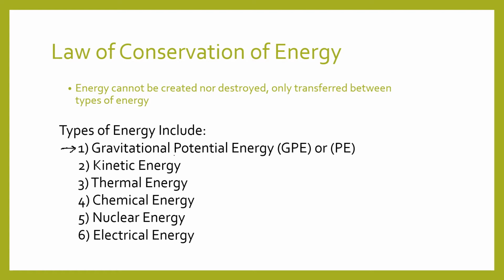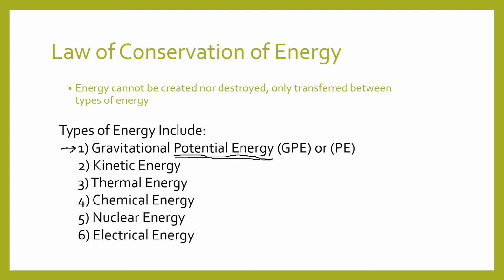The reason that he did that, and a lot of college courses will go ahead and call it gravitational potential energy, is because there's actually several different types of potential energy. I said generically that potential energy was energy that allowed something to move. It's not that it was causing it to move, but it would allow it to move. So if you hold your calculator up into the air, it has potential to fall. It's not moving, but it has potential to move. So there are other forms of potential energy.